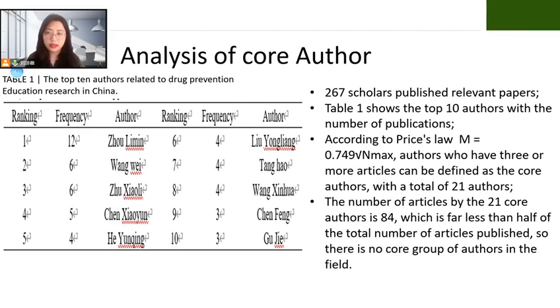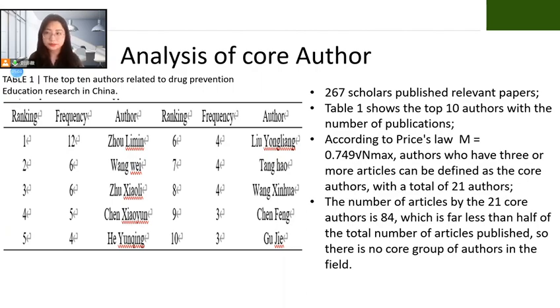Then we analyze the core authors. And as we can see, the table 1 shows the top 10 authors related to the drug prevention education research in China. And via CiteSpace, we got 263 scholars publishing relevant papers. And according to the Price law, authors who have 3 or more articles can be defined as the core authors. We got a total of 21 authors. And the number of articles by the 21 authors is 84, which is far less than half of the total number of articles published. So there is no core group of authors in this